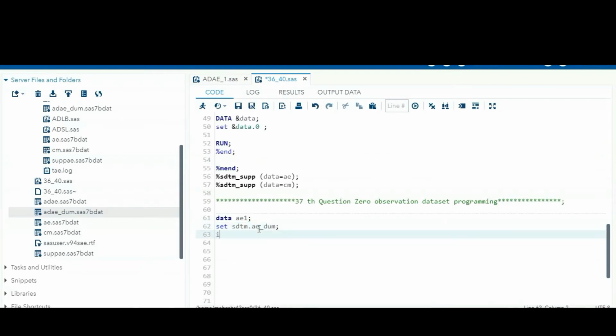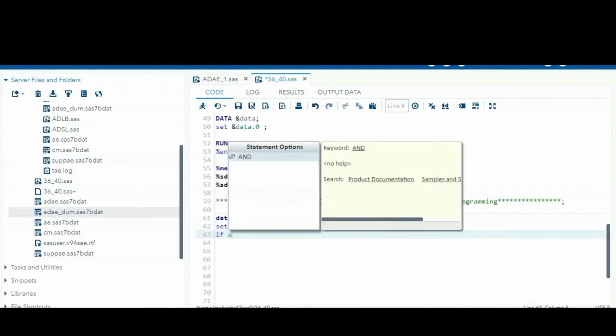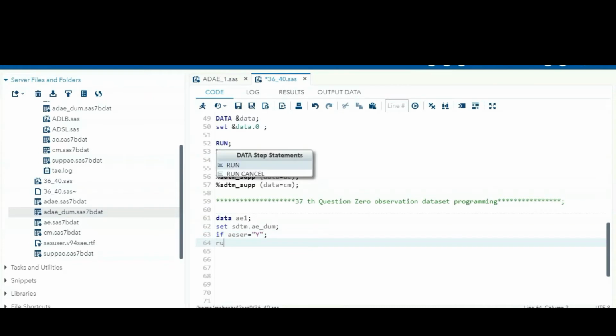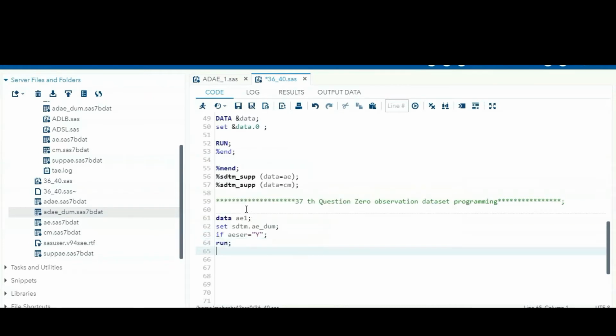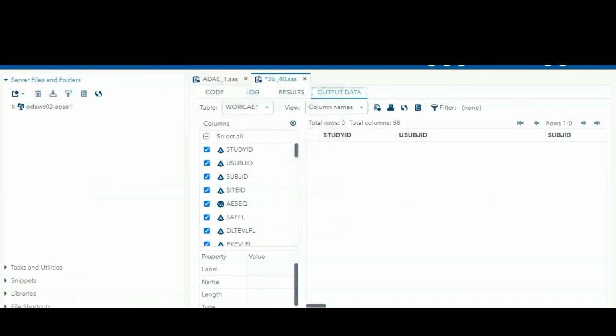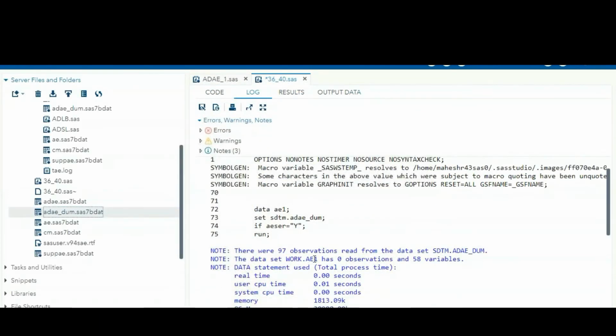If you are applying the condition as per your listing or table, for example AESER, serious adverse events only, if they are asking only for the serious adverse events and you filter on that condition, you get only 0 observations.